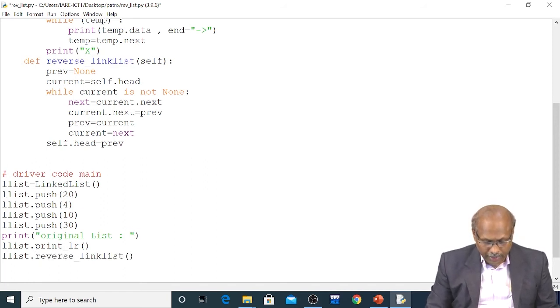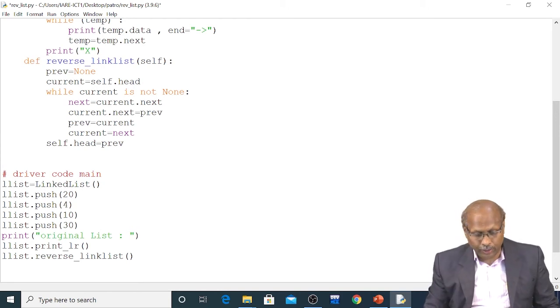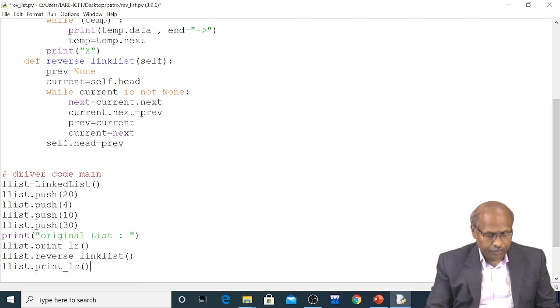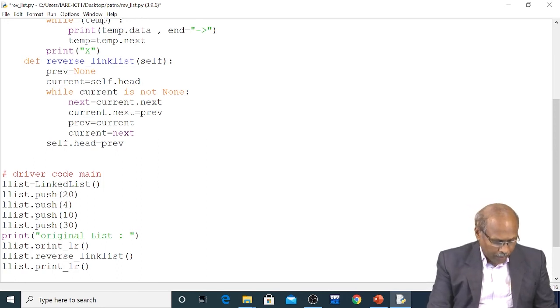Once I call reverse linked list, what happened? This list is ready, meaning reversed. After reversing, I have to display it. So what do I have to do? Control C. Now I'll come down. Again I am printing. Now if you observe here, Control S, F5.